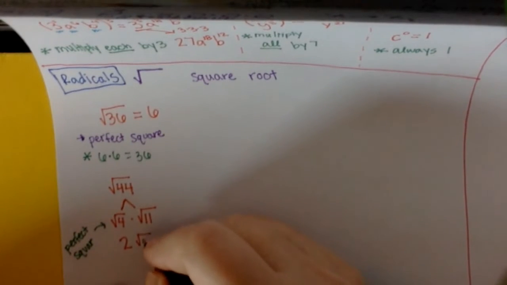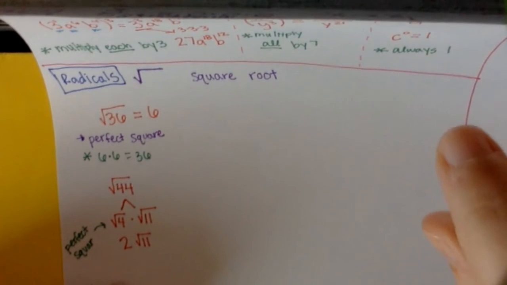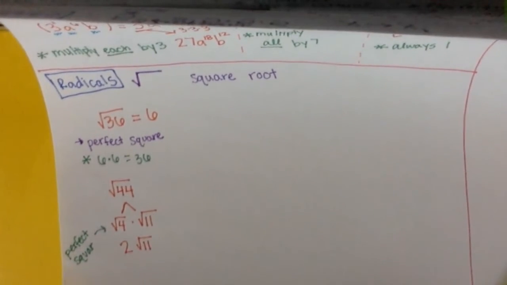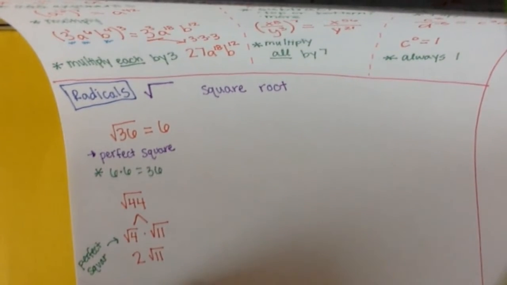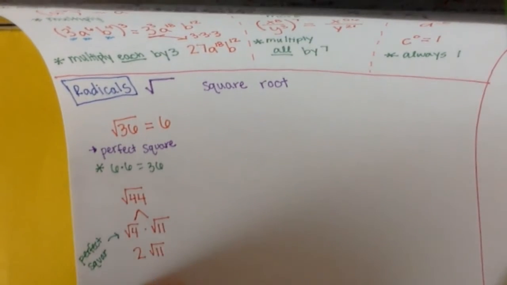If we broke it up into 2 and 22, that would be fine because that multiplies to 44, but we wouldn't be able to simplify it. We don't know the square root of 2, and we don't know the square root of 22. So here we can actually simplify it that way. The other things that we simplified were